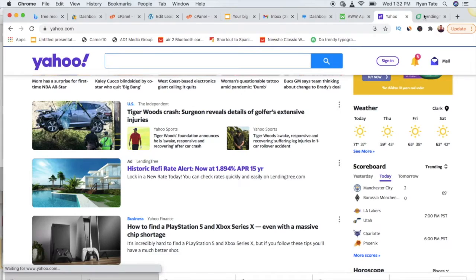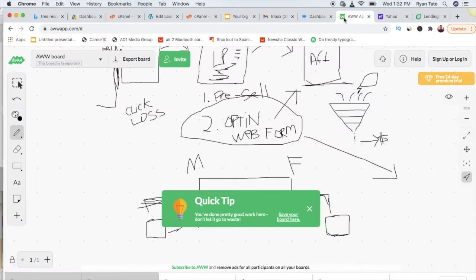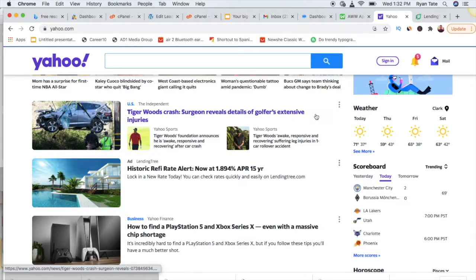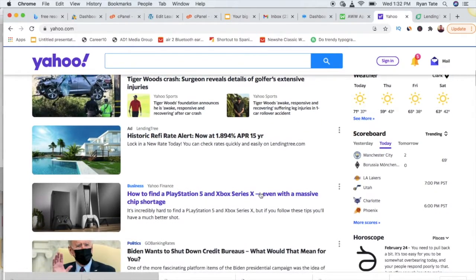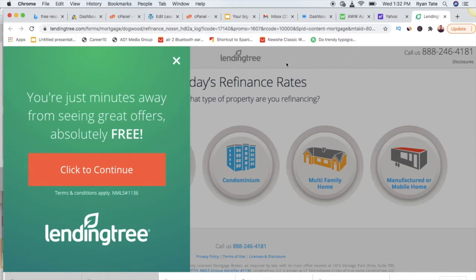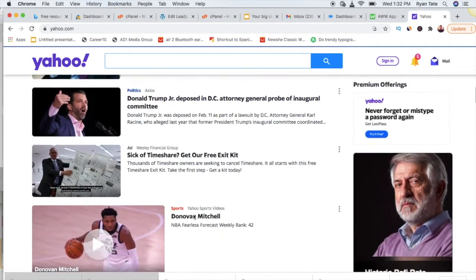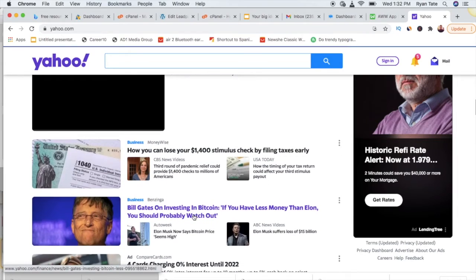So there's a third option where you just bypass everything and you just directly link to an offer. I don't recommend it for beginners, which is why I didn't include it in my illustration. But if this is an affiliate, that's what they're doing. They are just directly linking to this offer. All right, let's see here. Let's find some more ads.